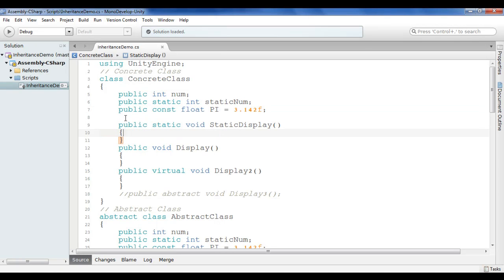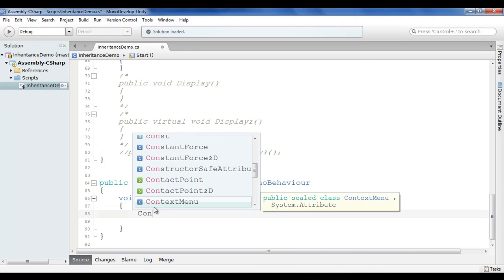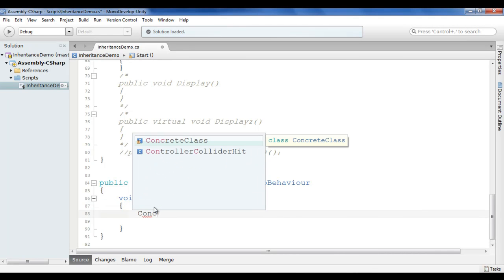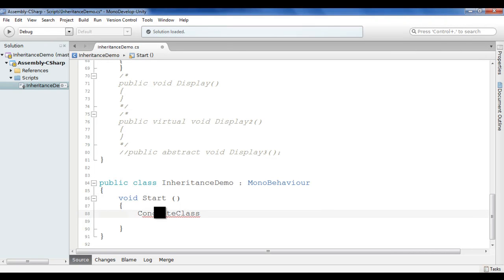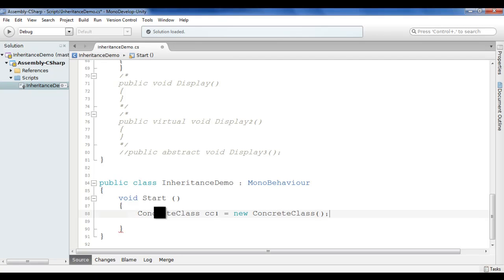Now we understand how to access these static members and non-static members. Let's discuss, and also we are going to discuss, whether it is possible to create an instance of a concrete class, abstract class, all those things. So let's proceed. Here I am. Is it possible to create an instance for a concrete class? ConcreteClass cc1 = new ConcreteClass();